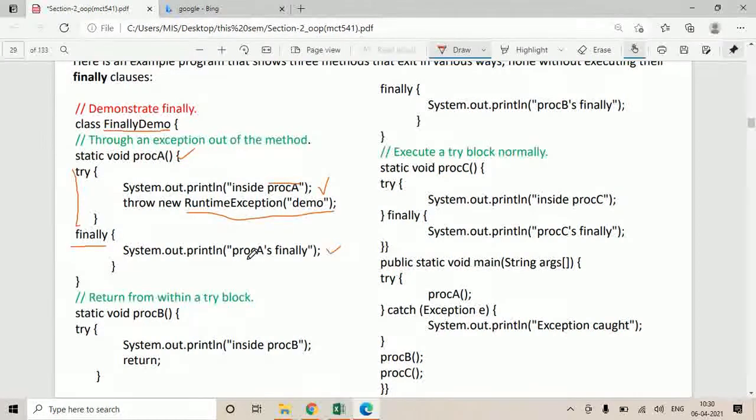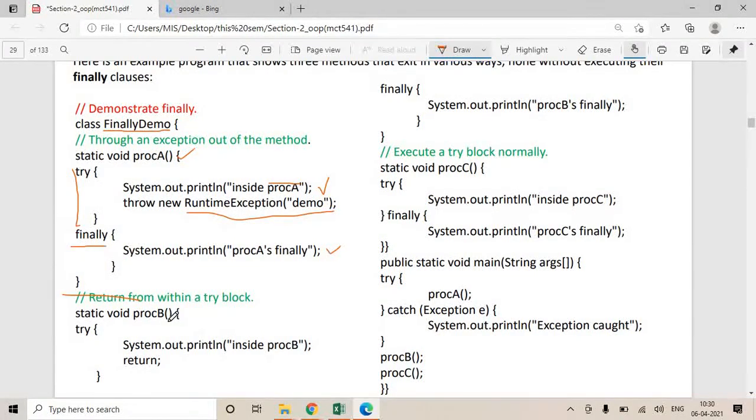Now here you can have a pair of try and catch block. Try is associated with the corresponding catch block, or you can have a pair of try and finally. You can skip the catch as well, or you can have try catch finally. These kinds of sequences: try catch, try finally, or you can have a try catch and finally. So here we have written try and finally.